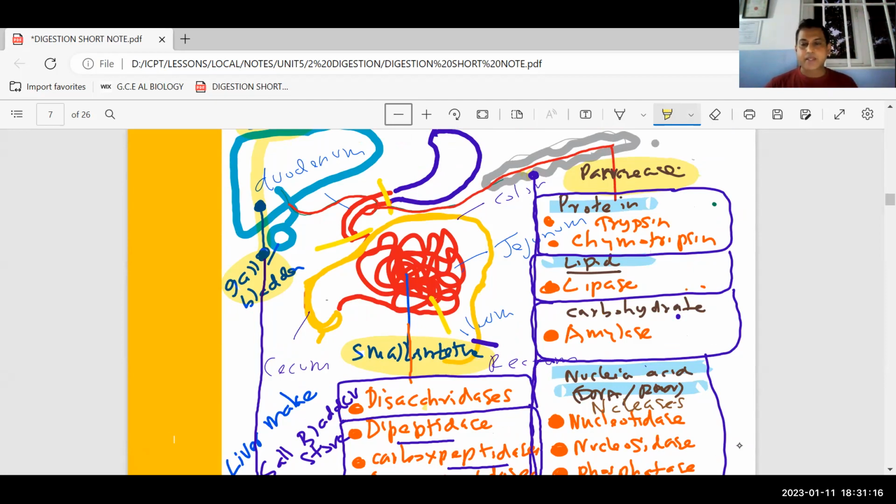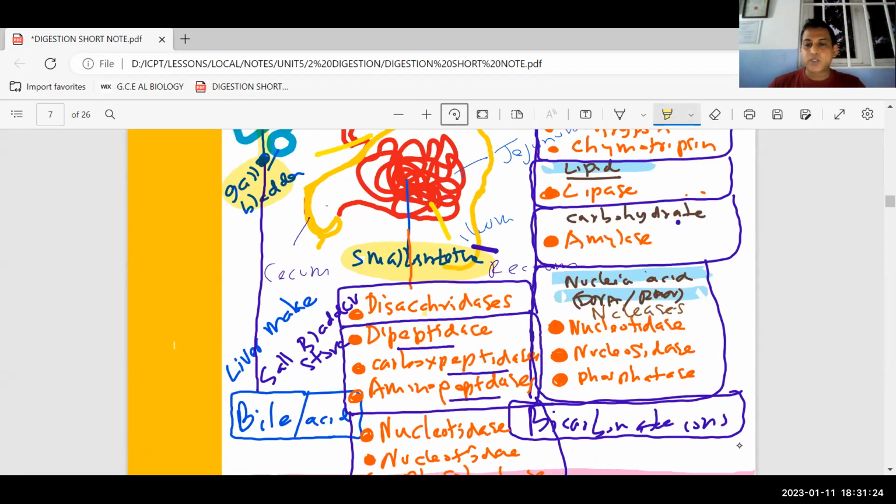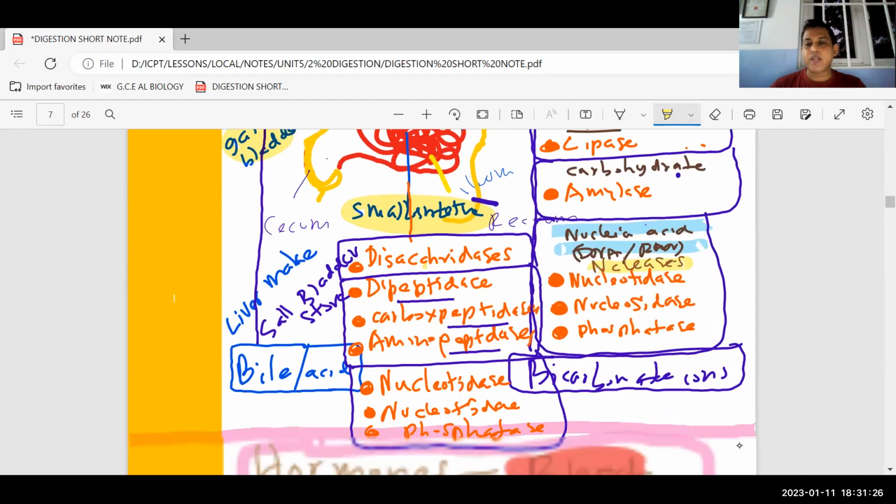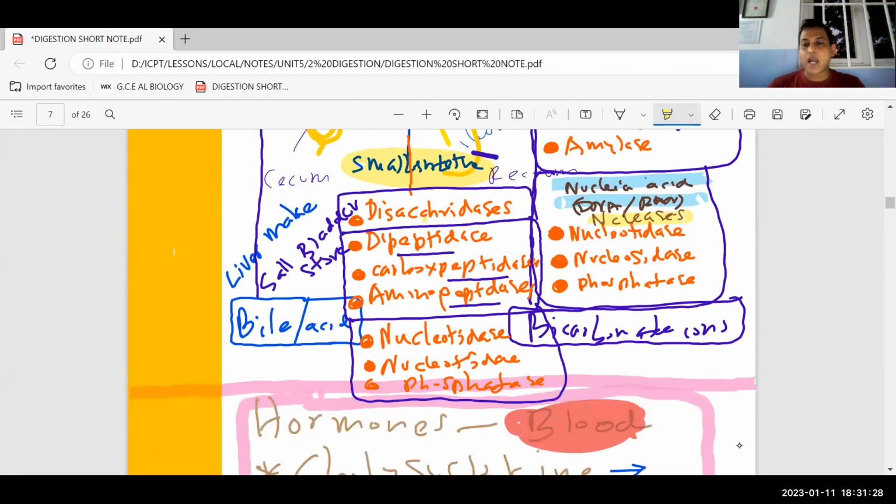And also nucleases to digest nucleotide. It also produces nucleases, and for regulation, bicarbonate ion is also secreted under the influence of